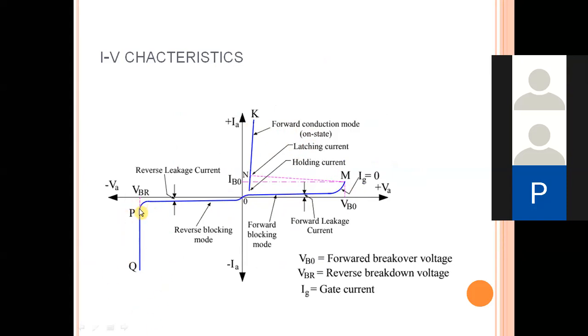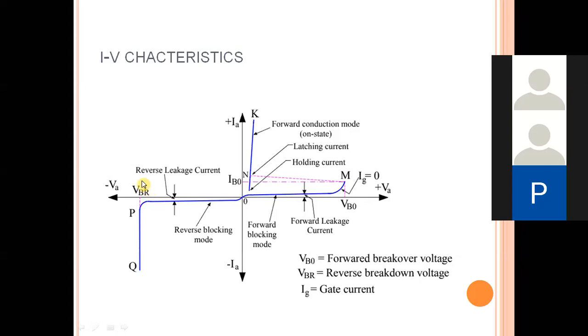This reverse conducting mode happens due to the avalanche breakdown. In this case, you are going to have large currents and voltages. As the large current and voltage are present, the power loss across the device is going to be high, and immediately you get a high rise in temperature, making the device burn out. So the good practice for operating the SCR is forward blocking mode, forward conducting mode, and reverse blocking mode. We should never apply a voltage equal to VBR.